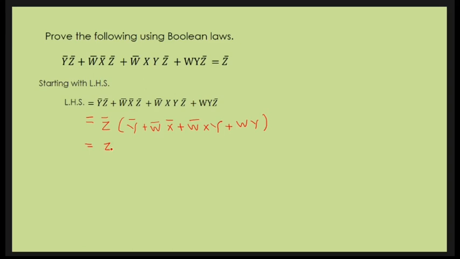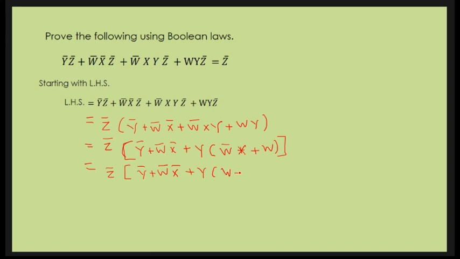Now again Z bar common, and here Y bar plus W bar X bar, keeping it as it is, plus here we can take Y common in these two terms. So let us have this as a square bracket, and then Y common. What remains is W bar plus W bar X plus W, square bracket complete. So in this term, W bar X plus W, we can write it as W plus X, right? So Z bar in square bracket, Y bar plus W bar X bar plus Y in bracket, W plus X only,